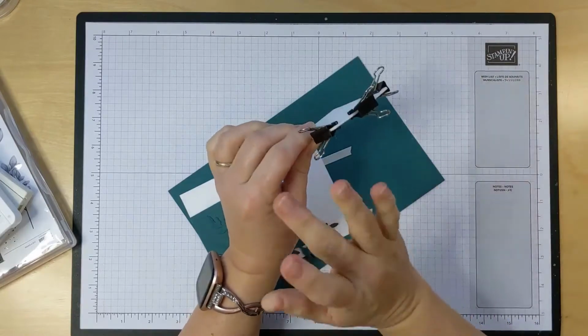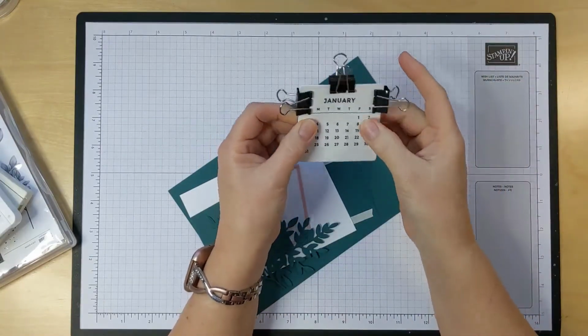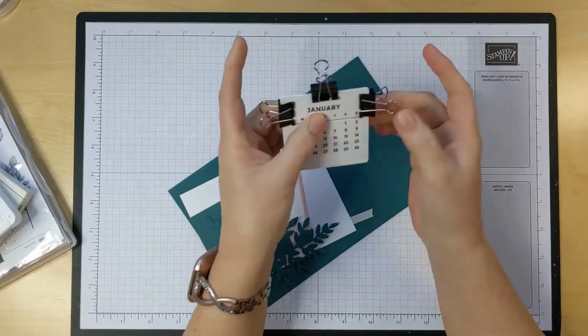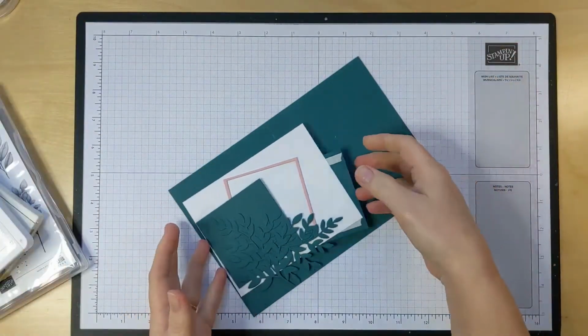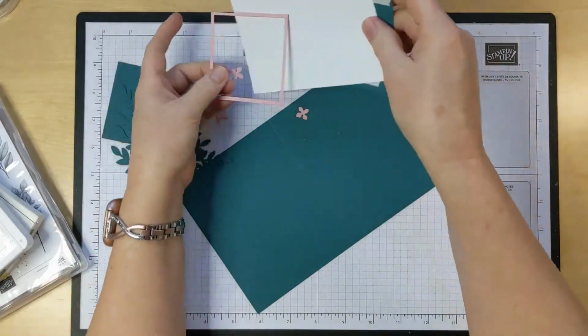aside. Now yours is already glued together. You don't have to do this step. I've already done that for you. It's already glued, ready to go. So I'm going to set that one aside, but I wanted to show you how I did that in case you want to make another one next year. So we have